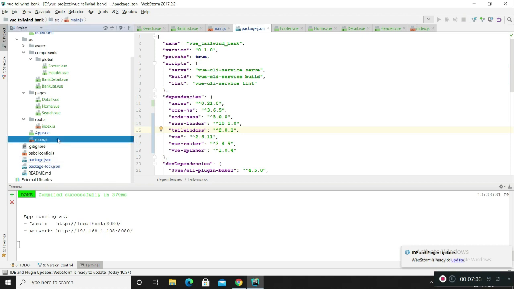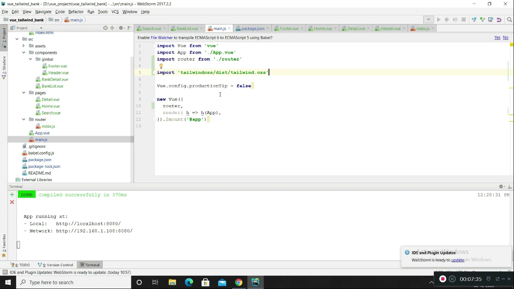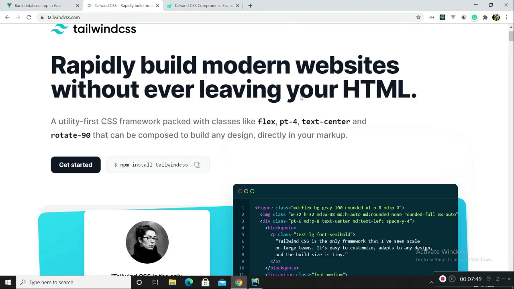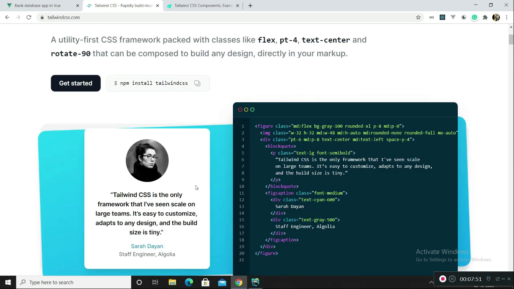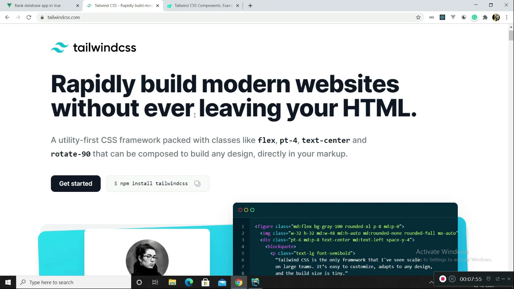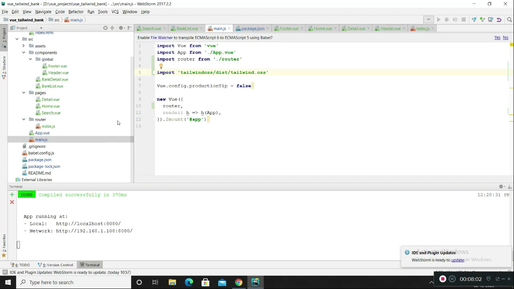And to use it inside your application, you simply have to import this CSS file inside the main.js file. So this should be very familiar to you in case you have been using modern frameworks like Vue.js, React.js, and AngularJS. But for those people who have been working purely with CSS and HTML without using any modern frameworks, this might not make that much sense to you guys.